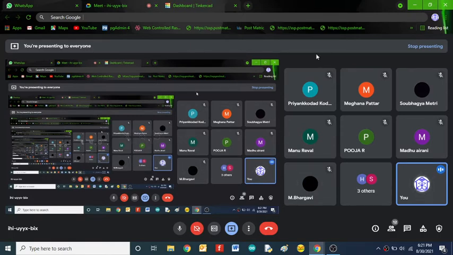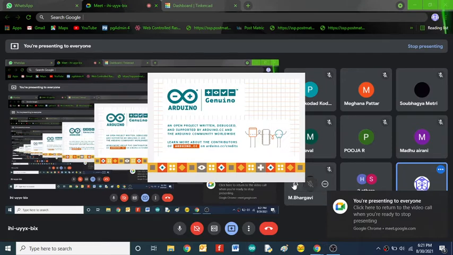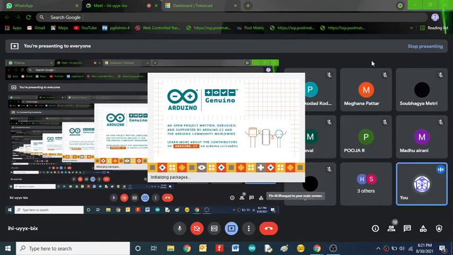Okay. So first of all, we have to open the Arduino IDE software. So this is the Arduino IDE. So open the Arduino IDE. So after that,